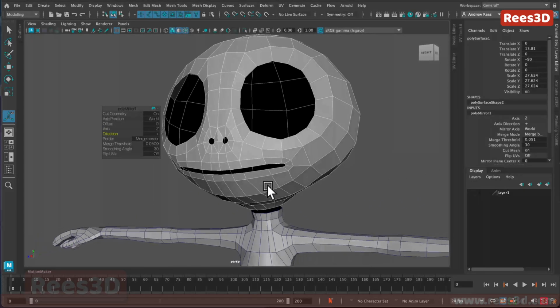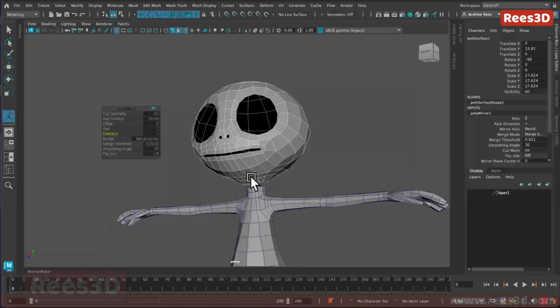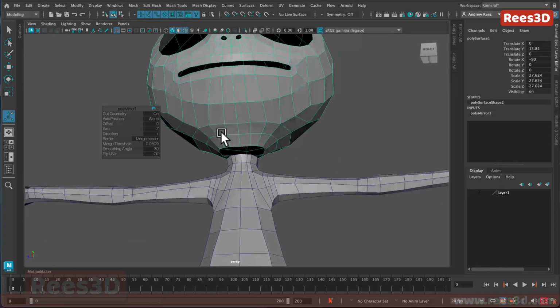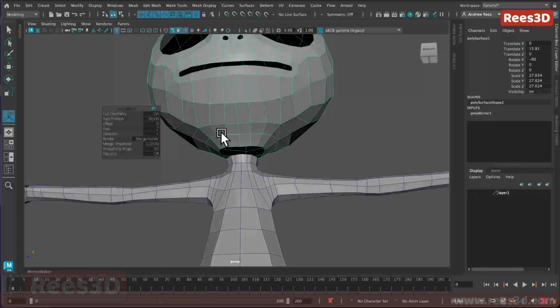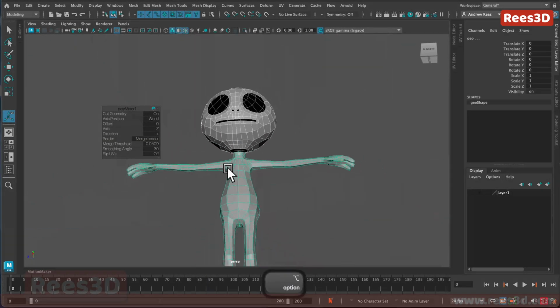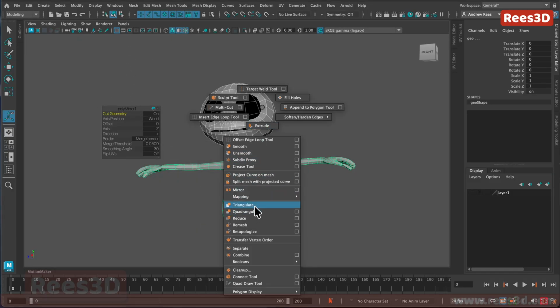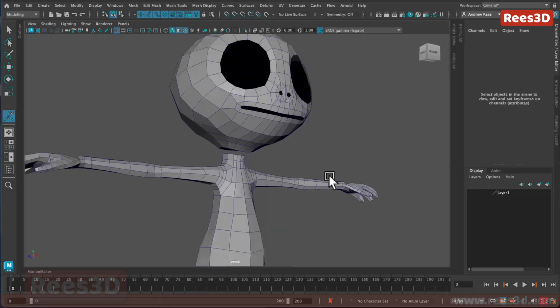So we need to do the right axis. If it's the wrong axis, we can change it after creating it. All right, so now we have the shape and the merging is all done perfectly. Okay, and then I can just combine these two into a single object. Shift right click, combine. Where's combine? There you go. So combine, and finally we need to